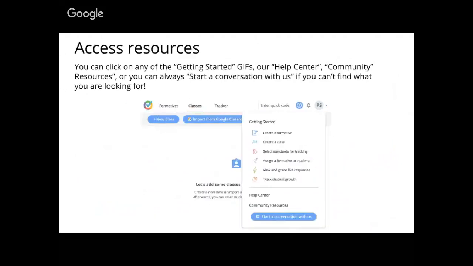So resources, you can click on any of the Getting Started GIFs or Help Center community resources, or you can always start a conversation with us if you can't find what you're looking for. So this is really cool. Go Formative or Formative has a lot of help, a lot of guides online. So if you're having any trouble with this, of course you could reach out to Crystal or myself, or you can start a conversation with Formative, and you can just do a live chat on the spot,